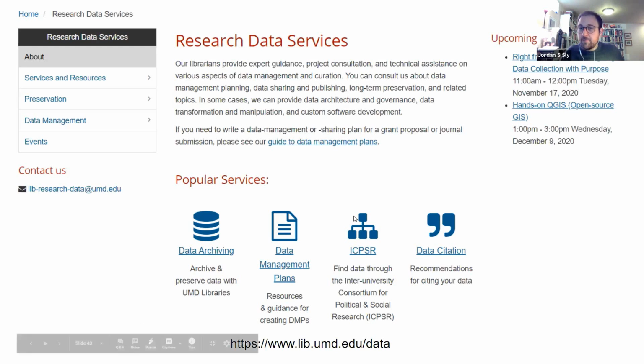lib-research-data@umd.edu. On this page, you'll find things like data management plans, right? So you can look specifically at plans and get an idea of what is available, and you can get some help parsing through those. There are resources for data archiving. We have a link to one of our data sets here through ICPSR.